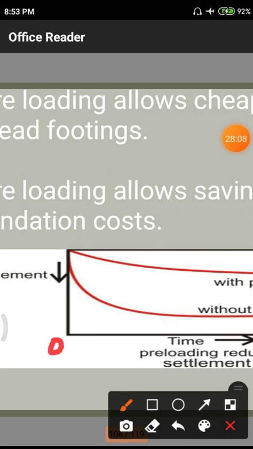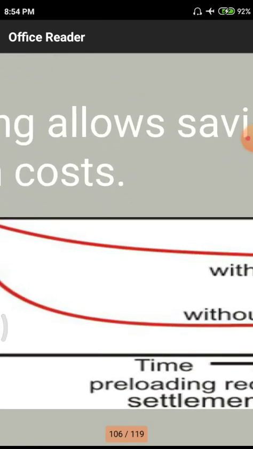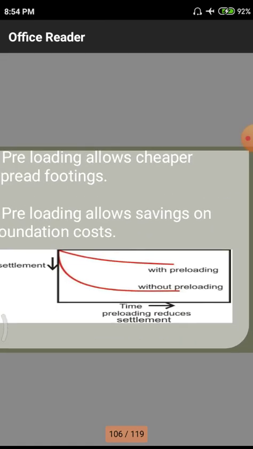Here we normally have 0, 1, 2, 3, 4, 5 like that. On the vertical axis also we have 1, 2, 3, 4 like that. But here we have with preloading and without preloading. Without preloading we have a maximum value at 0. After that it reaches a particular mm, and then the consolidation will be linear. But in this case, settlement will be maximum in the starting stage, and after that the settlement will consolidate. You need to understand this; we have to do some amount of study on these graphs.